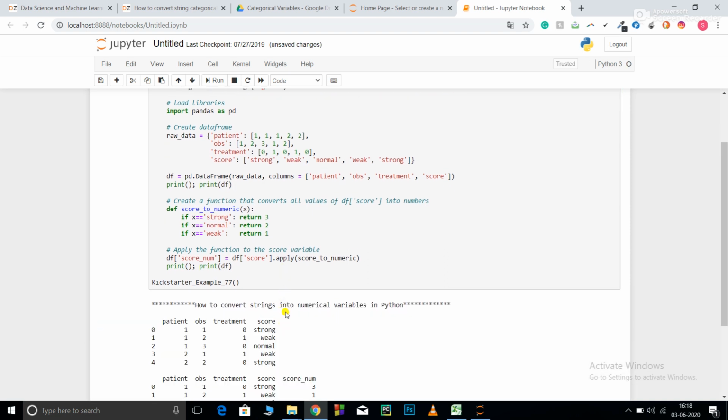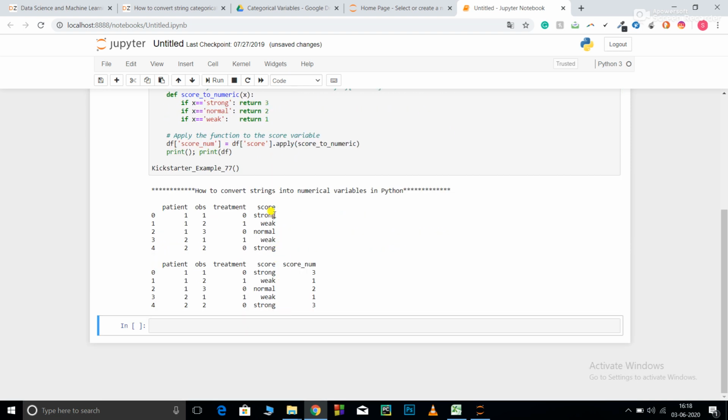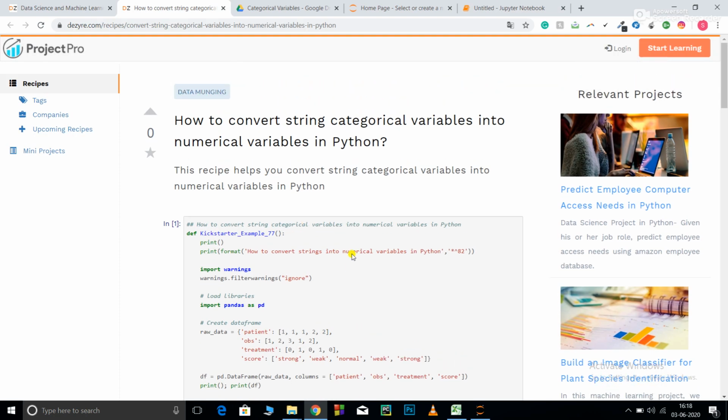I will run this for you. So you can see this is the conversion that it has done. This works on data sets of smaller sizes, but when you have a huge data set that contains thousands and thousands of different categorical entries, you cannot do this. You need to rely on one hot encoding or label encoding. Okay, so this was all about the code in this video.